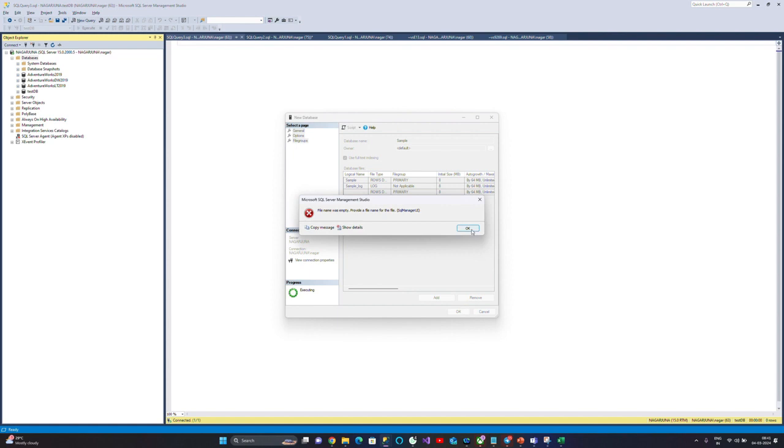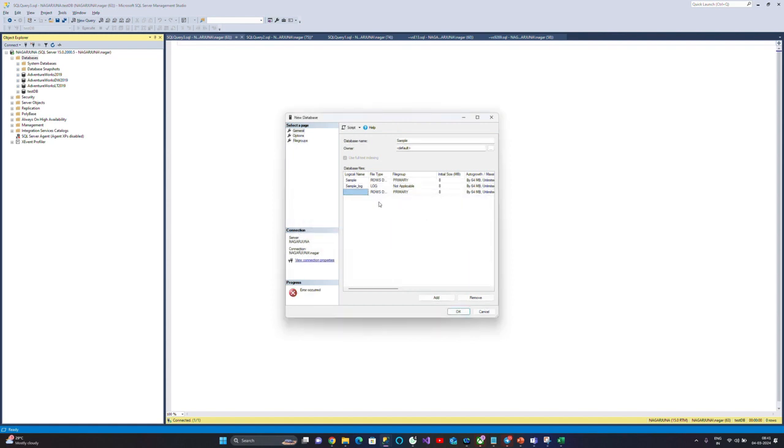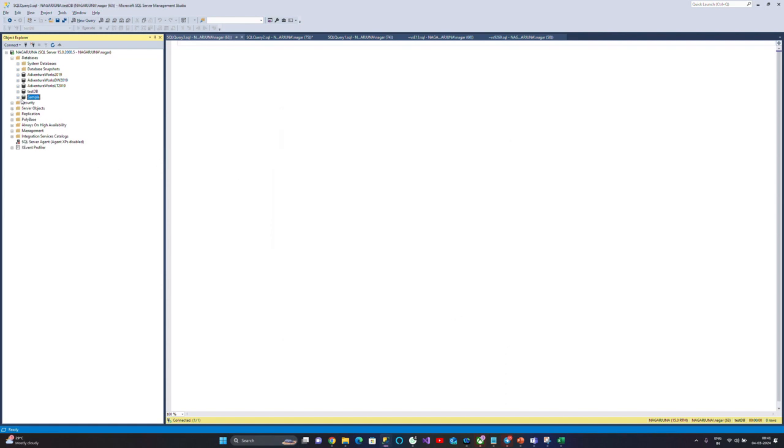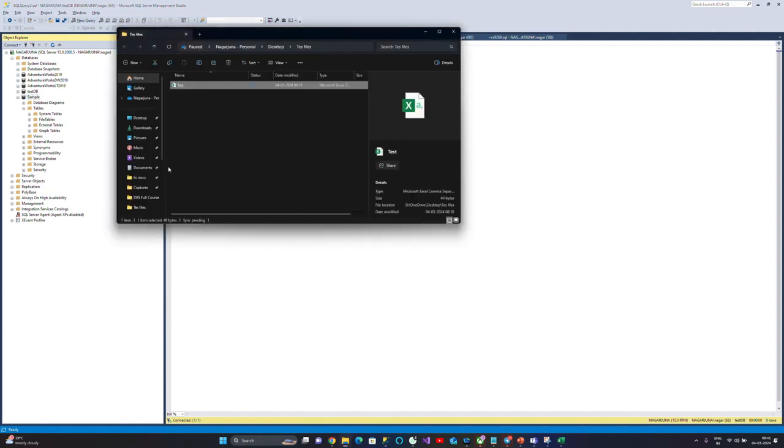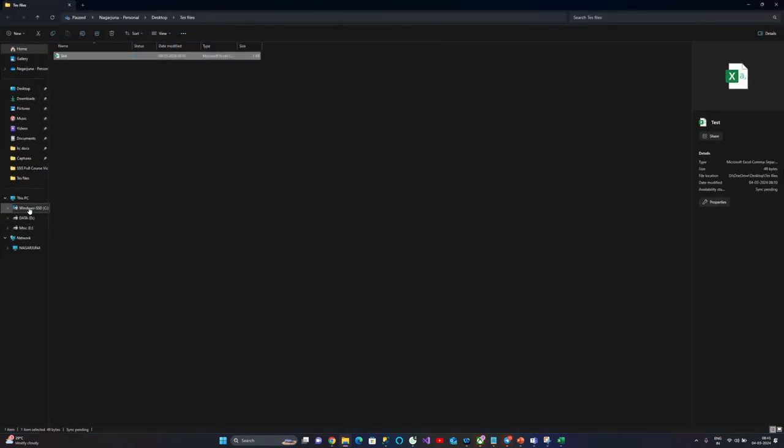Just remove this, and click OK. You see, the database came. Are you able to see? Guys, are you able to see? Yes. So I created the database. Where will these files be stored? I will show you. When you install on your machine, go to C drive,